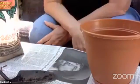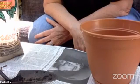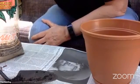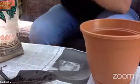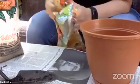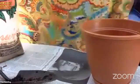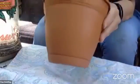Today I'm going to show you a special thing that I do sometimes when I'm planting a plant as a gift. I go up into my fabric box, and I bet some of you have fabric of your own, or you have family or friends that might have fabric. If not, you can even use wrapping paper or anything that you want. And I'm going to wrap my pot,